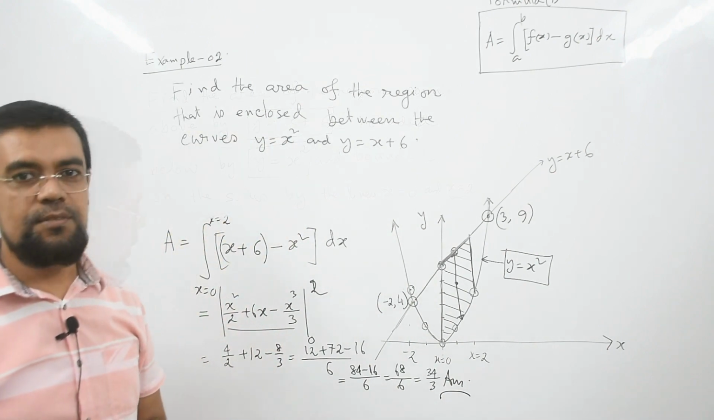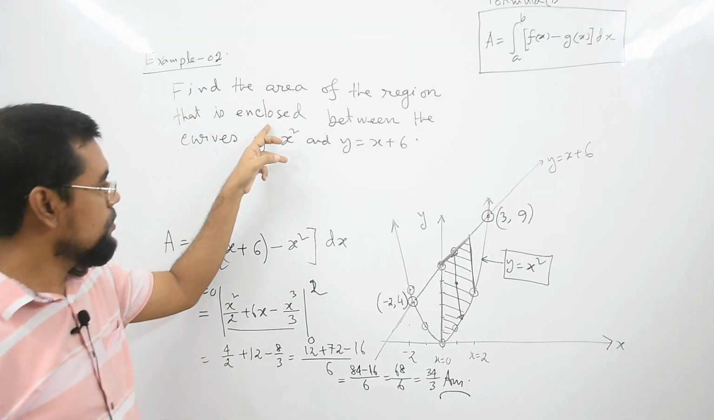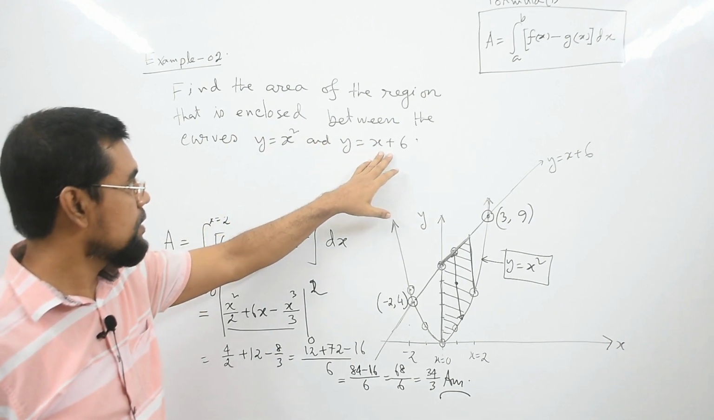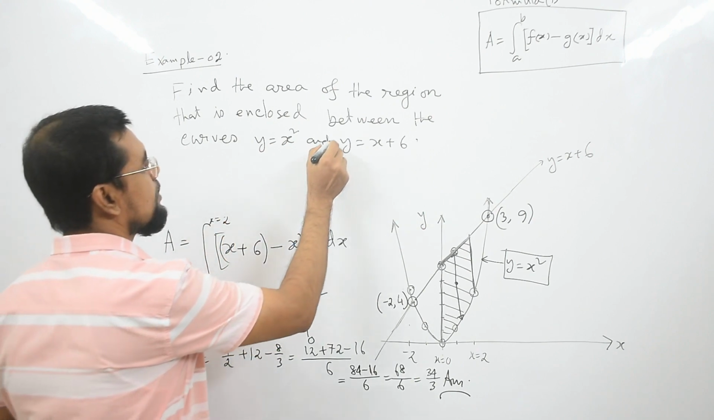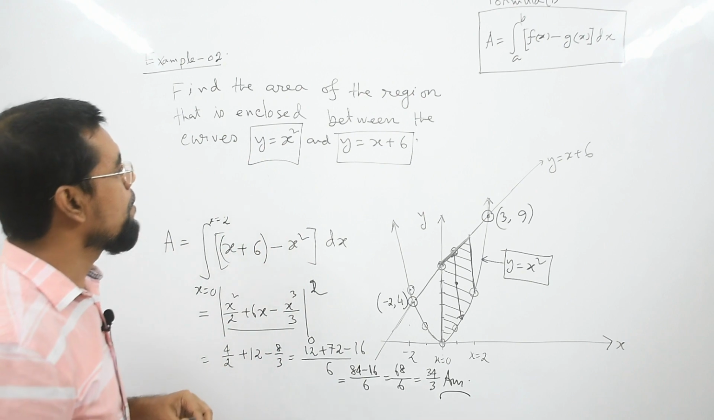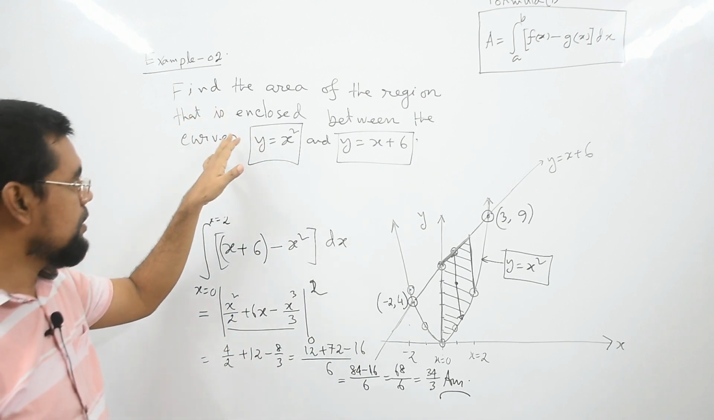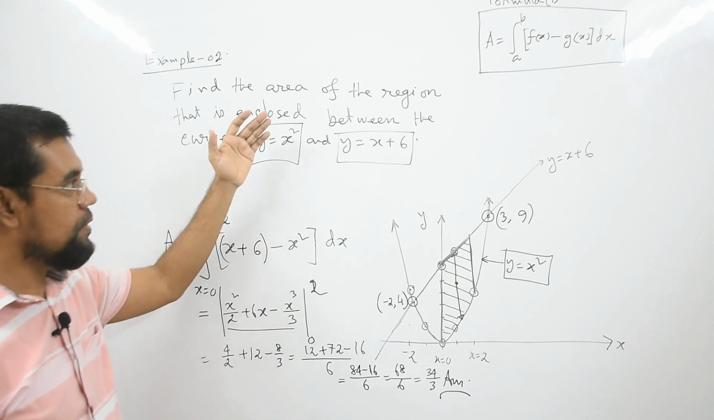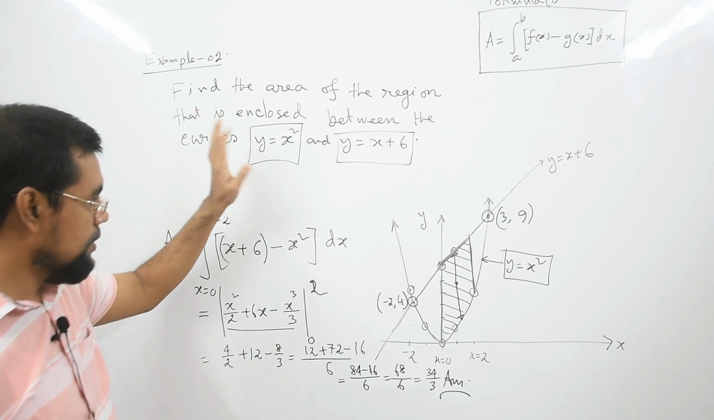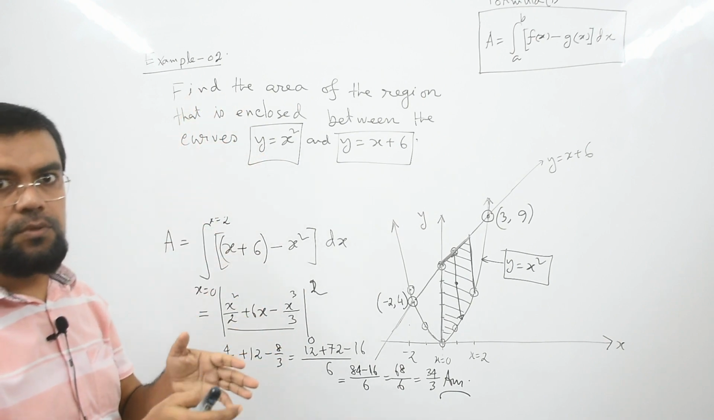Okay, so let's try to understand example 2. Find the area of the region that is enclosed between the curves y equal to x square and y equal to x plus 6. The curve is the same curve which was in example 1. So here you are not given the lower limit or upper limit of integration. Since you need to calculate the area between two curves, you need to calculate